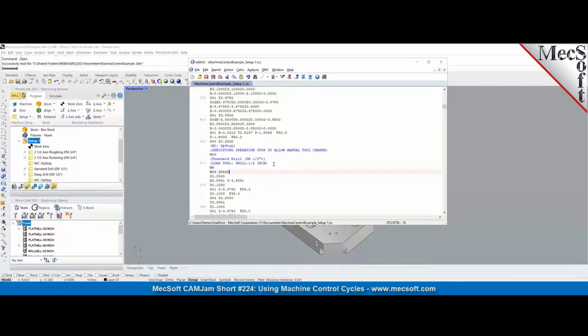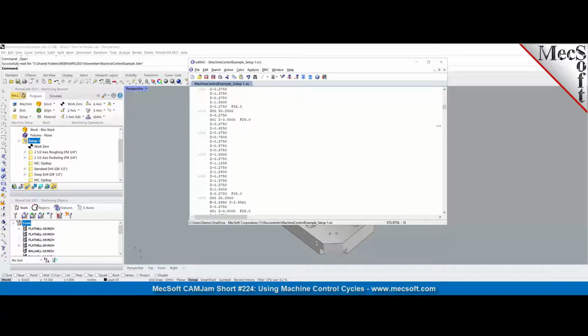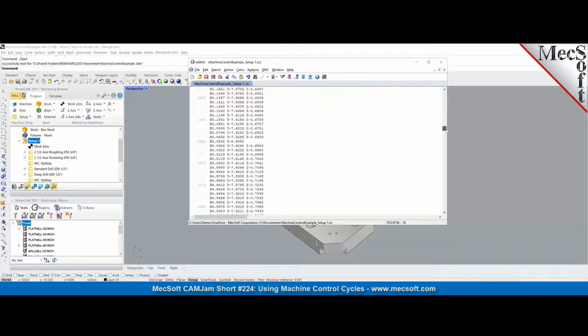And then a controller message comes up saying load tool drill 1/2-inch at this point. So then the user will have to load it manually. Once the loading is done, the coolant is turned on, and it continues on to the next operation,